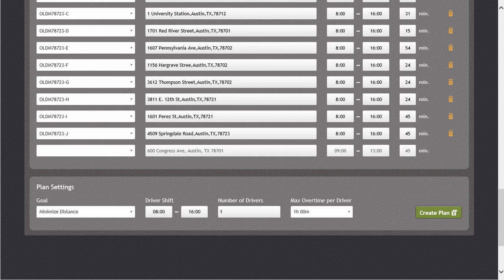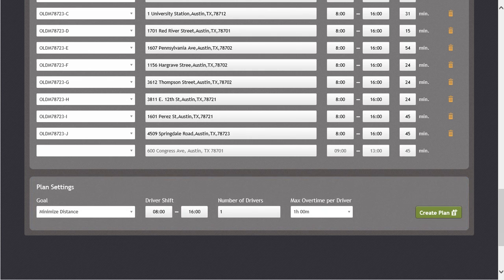You are able to edit the POI name, address, time window, and duration if necessary on any of these visits. The system also provides address validation checking to ensure the POI address information is correct before creating a daily plan for your company. Once you are satisfied that all your POIs are entered in successfully, we can prepare to run the daily plan. If you will direct your attention to the bottom portion of the screen, you will see the